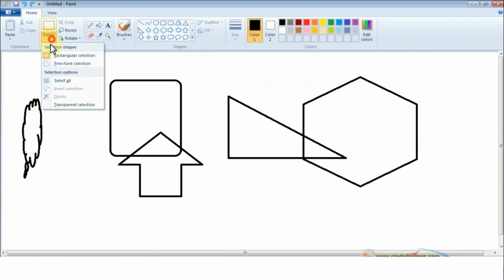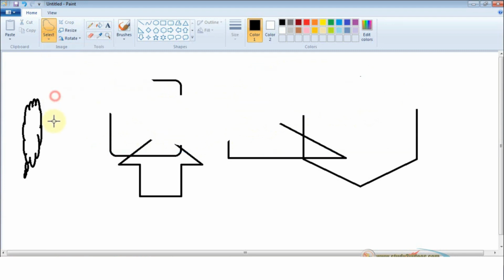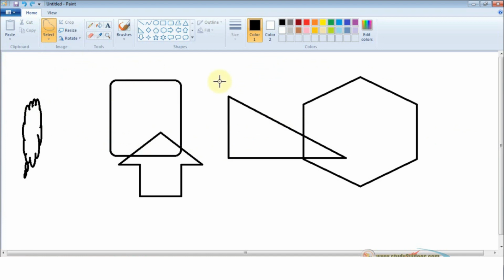I did undo. Now I'm going to do freeform selection. Using freeform selection, I'm going to select the area in different shapes and I can delete that. This is a freeform selection. I'm making the selection in a different shape. Okay. Now I'm going to click delete. See what's happening? The way I selected in the curve format, the area is deleted. Now I did undo. Undo means I'm going back to the previous action. Are you able to see the difference between rectangle selection and freeform selection?